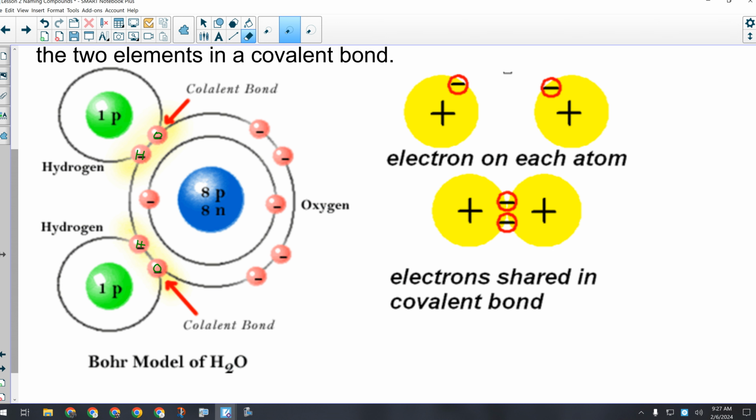Okay, if we're making an analogy here. In a polar covalent bond, one atom shares the electrons more than the other. In this case, oxygen holds onto the electrons more tightly than hydrogen does, and so the electrons actually spend more time near oxygen than they do hydrogen. And that results in one end of the particle being negatively charged and one end of the particle